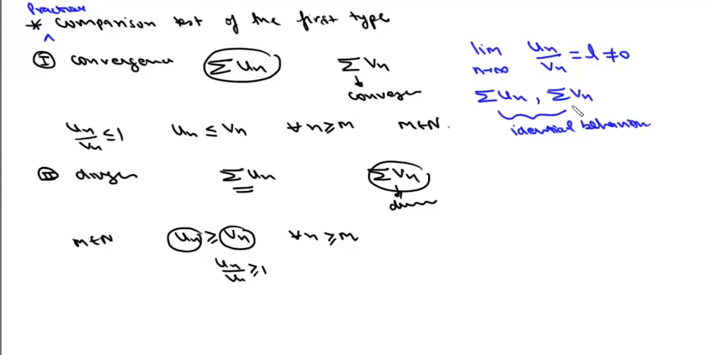So if this series Vn converges, then un will converge, and if Vn diverges, then this summation un will also diverge. So rather than comparing the two terms, we'll simply work out this limit, n tends to infinity, un upon Vn. If it is unequal to 0, then we'll say both the series have identical behavior of convergence. Now say for example,